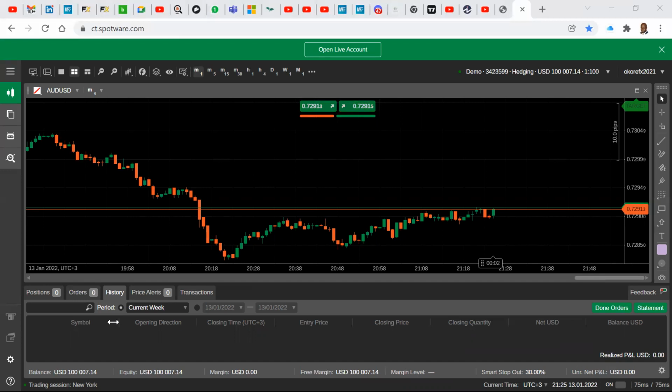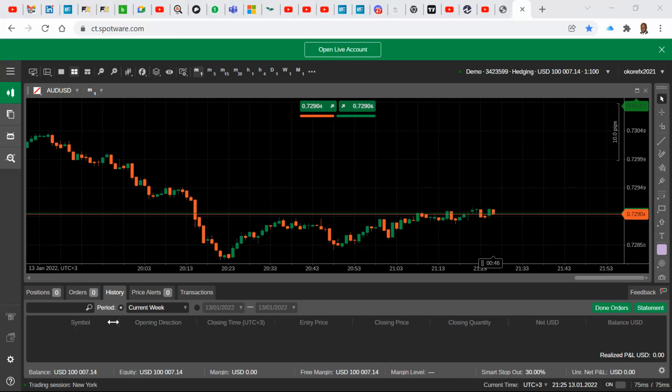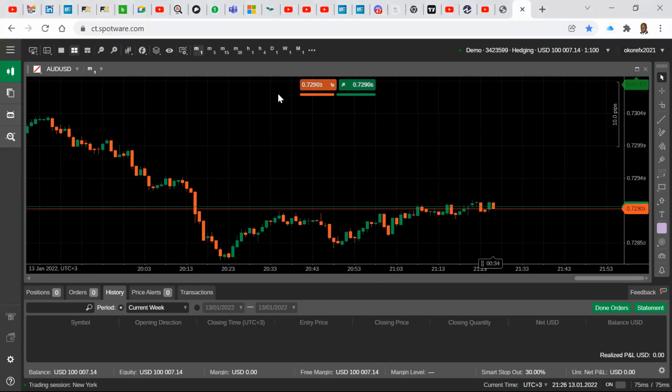So first things first, if you've noticed, the layout is very much like the basic Microsoft platforms, whether it is Word, Excel, PowerPoint, all those things. Why? Because it has ribbons on the top and on the bottom. So I'll close this thing here, open live account. I'll close that. Okay, so this is what we have.